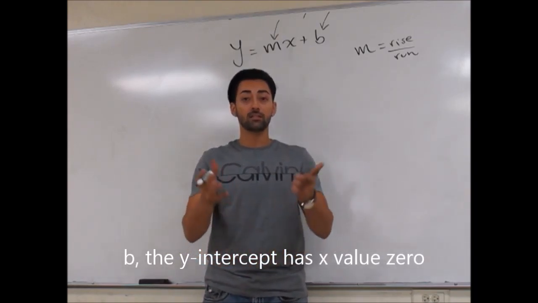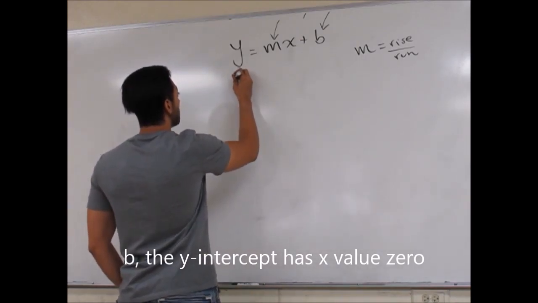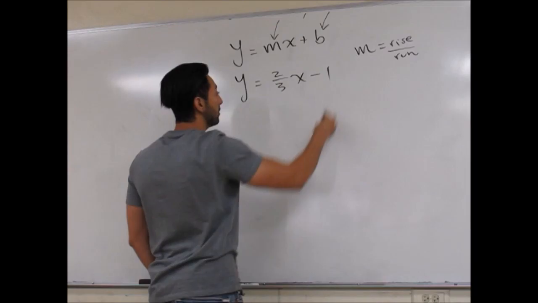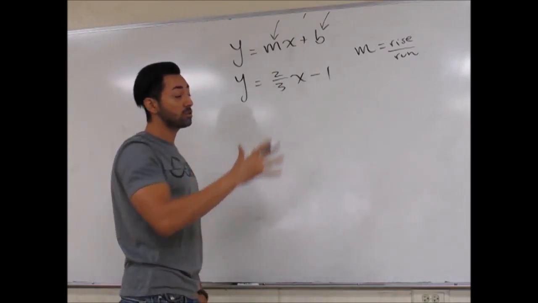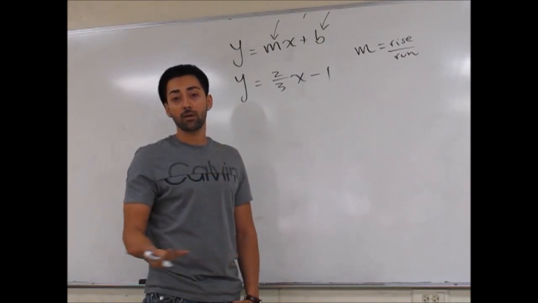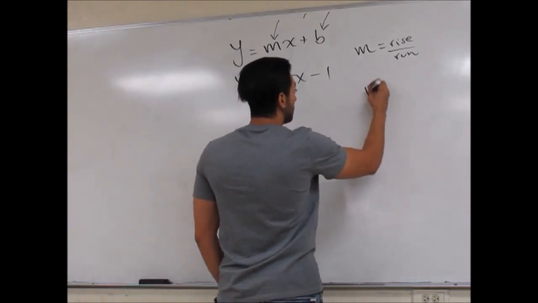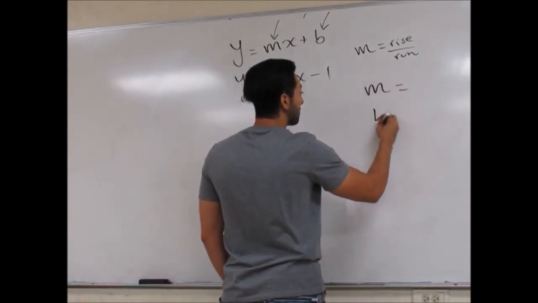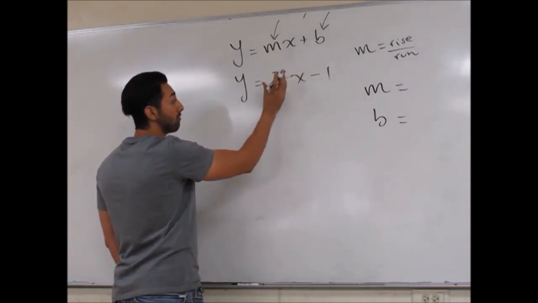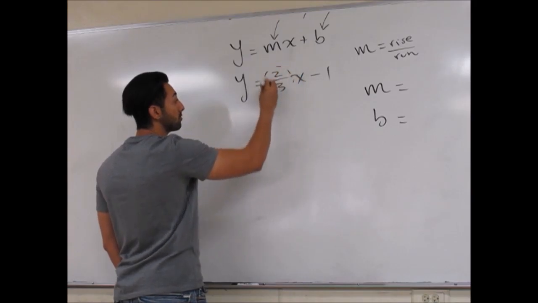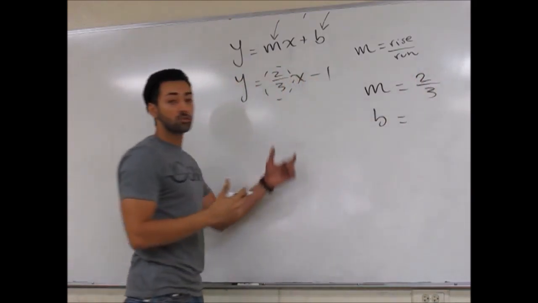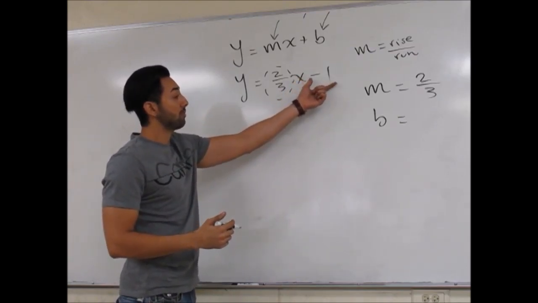Now, let's say you're given an equation like this. I'll just pick the first one we did for the plotting point method: y = 2/3 x minus 1. All we need to do is identify what my m and b are, and that's enough information for me to graph my line. So the question is, what is my m and what is my b? Well, my m is always going to be left of my variable x here, so it turns out to be the 2/3. And the b is just a number off to the side, which is the minus 1.